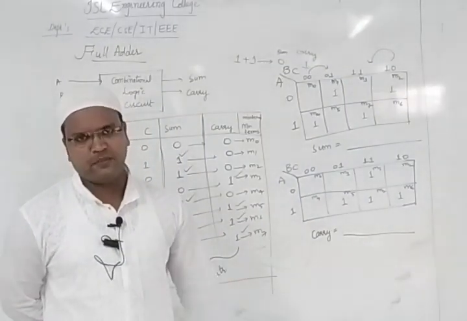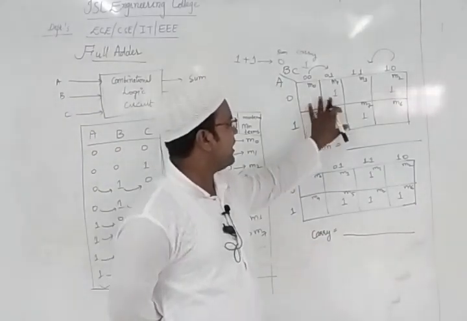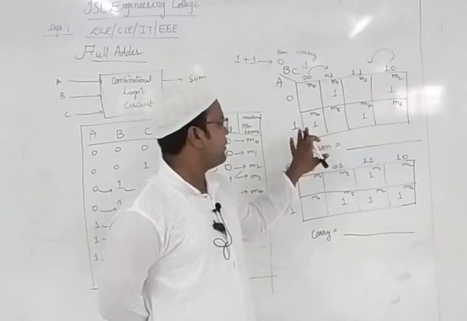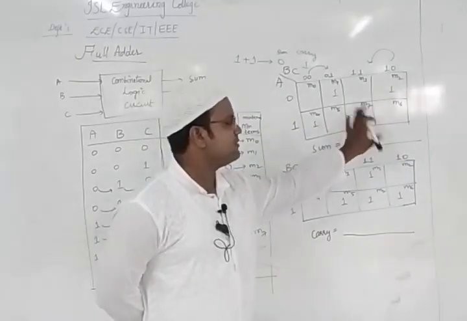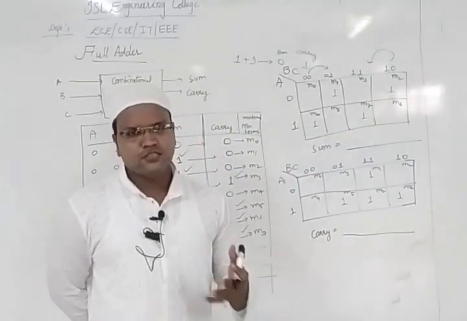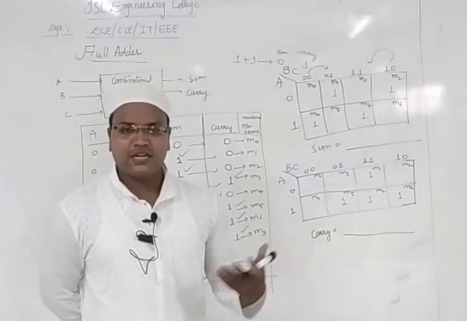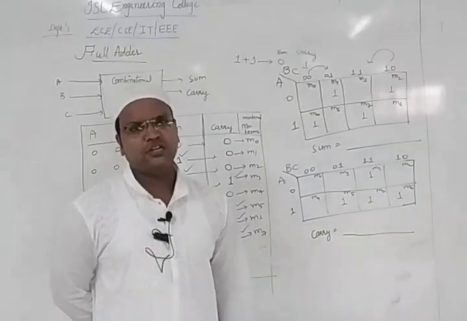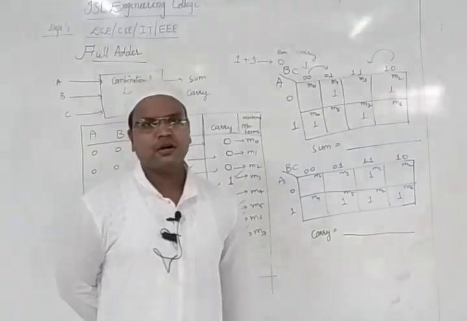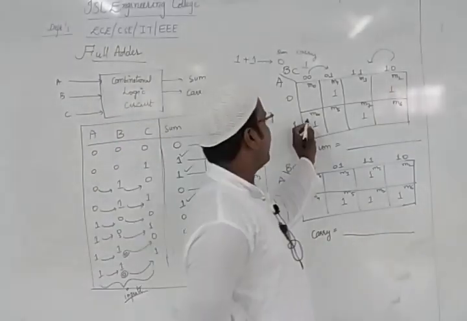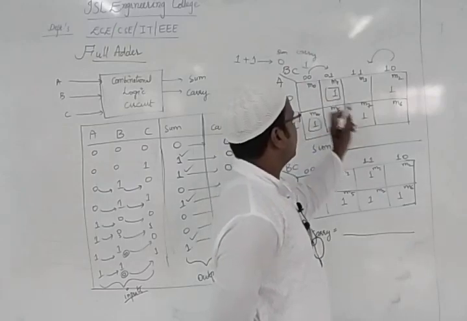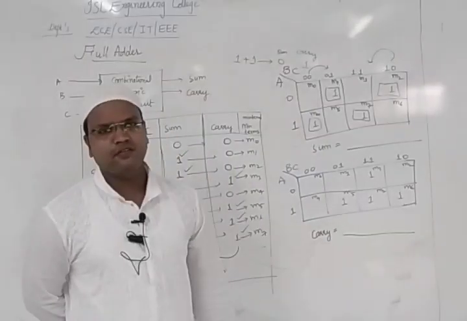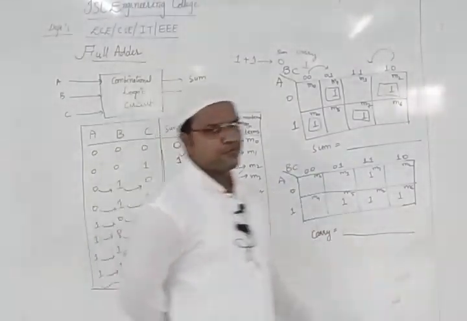Then we'll try to go for binary. Do we have binary also? Do we have an adjacent one? No. Do we have an adjacent one for this min term M2? No. For M4 it is not possible. For M7 it is also not possible. Since it is not possible to write in that way, what is the next thing we need to do? We need to write the unary combination. Unary means single ones. That we need to combine. So that's the reason we are combining the single ones. This is 1, this is also 1, this is also 1 and this is also 1. We combine single values.